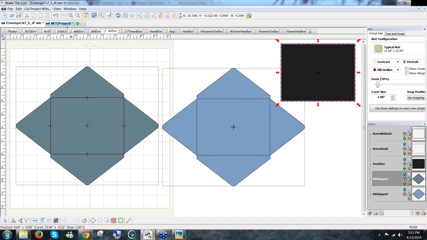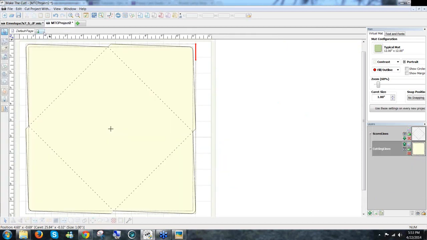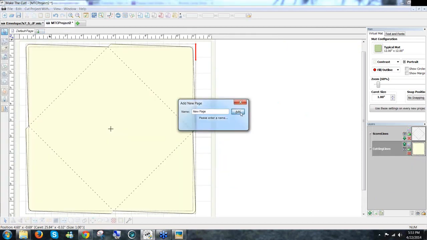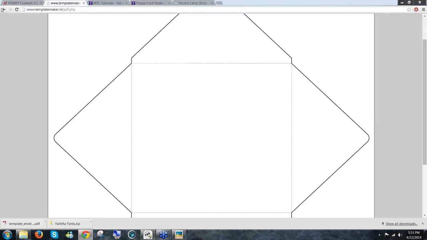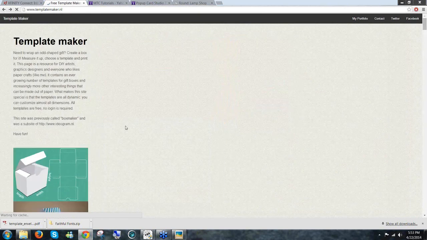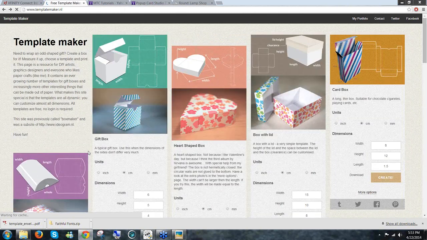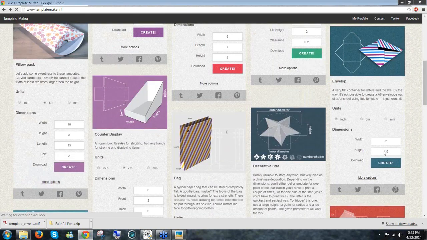So to do that, I'll just get a new page here. Double click your cursor where you want the design to come in, and you click on the, well, first let's go to the template maker, and we'll try an envelope. We'll go to the envelope here with more options,